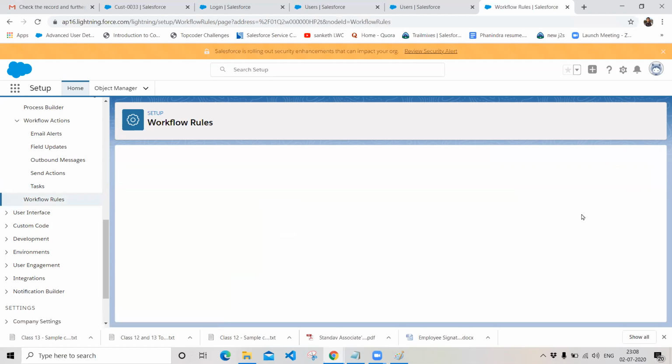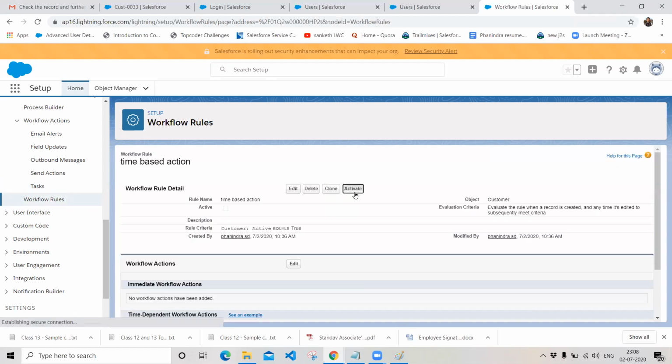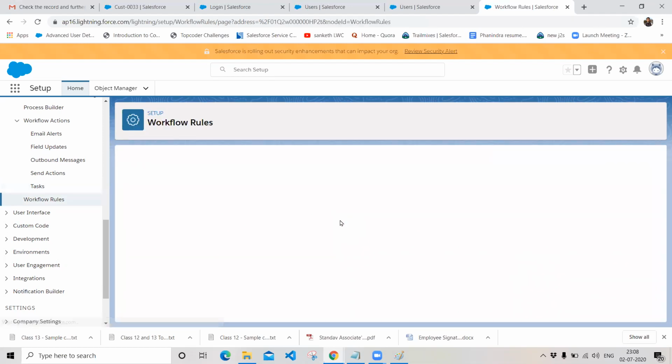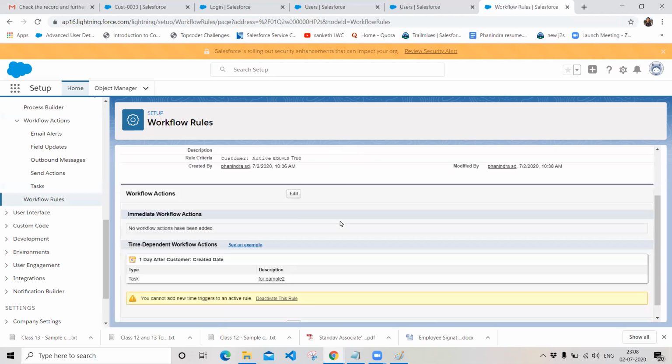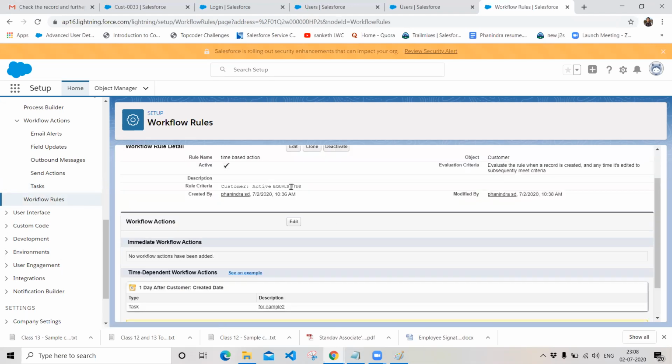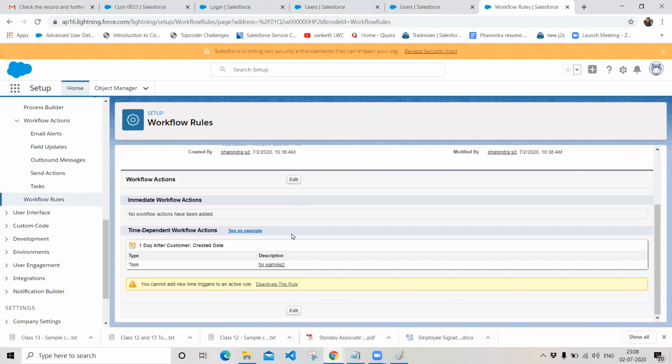Click on done and activate your process. So whenever a record is created with active equals true, an action will be performed after one day. This is with respect to the workflow actions of immediate and time-based.